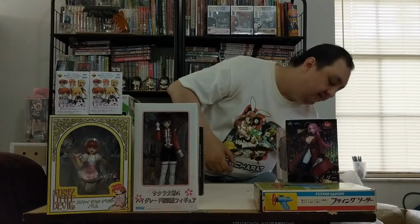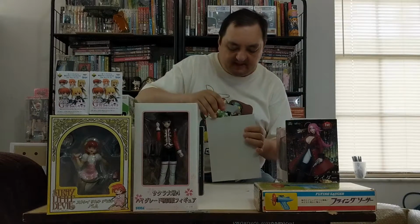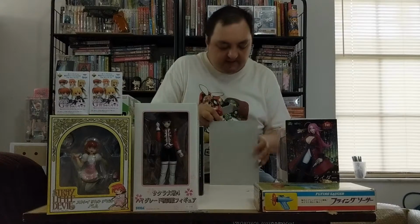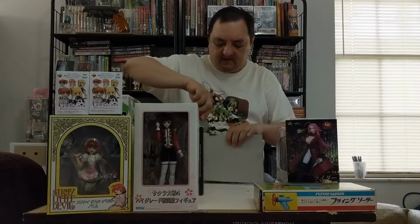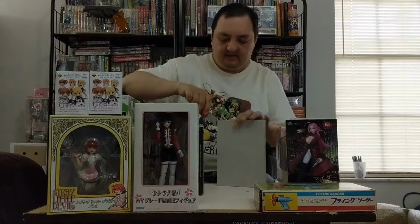So the last items in this box, or actually, there are 2 items. One, I think we can probably guess what this is, because I mentioned in a previous recording that I had ordered multiples of the Kimi no Nawa, Your Name postcard sets. So that is what this is. This is a second set of Makoto Shinkai's Your Name movie postcards. Once again, these were 50 cents per set. And then the last item in this box is